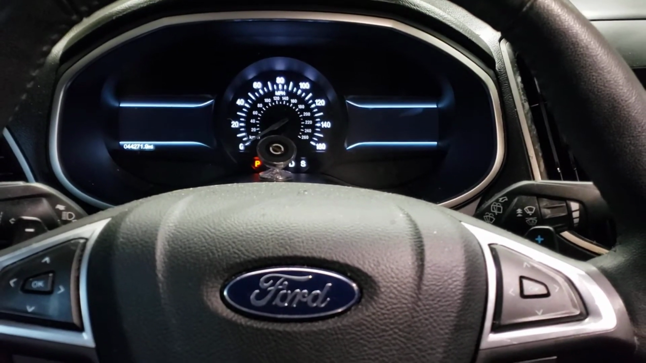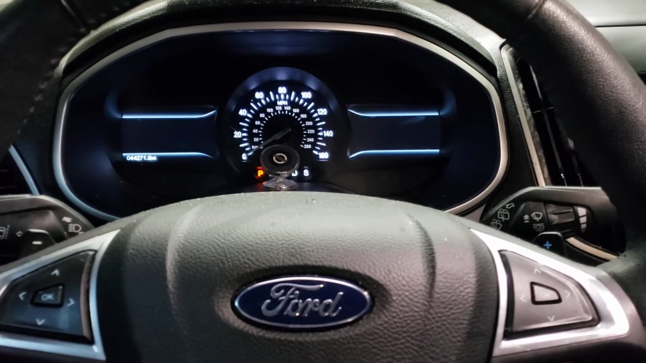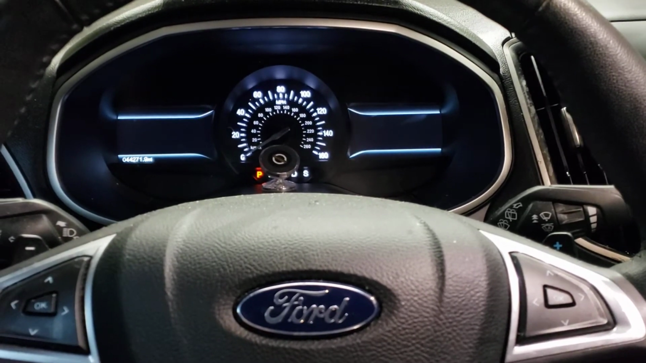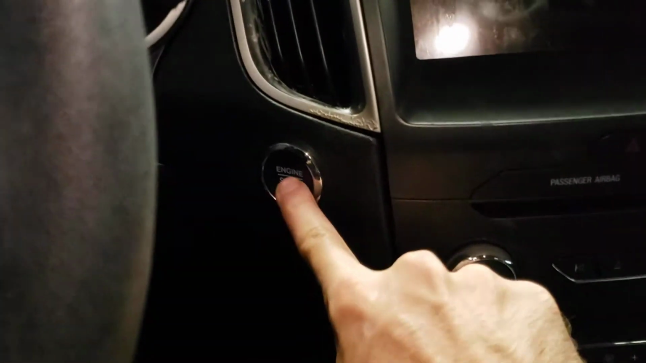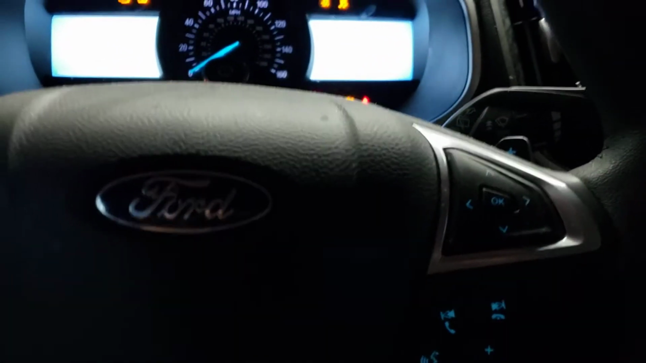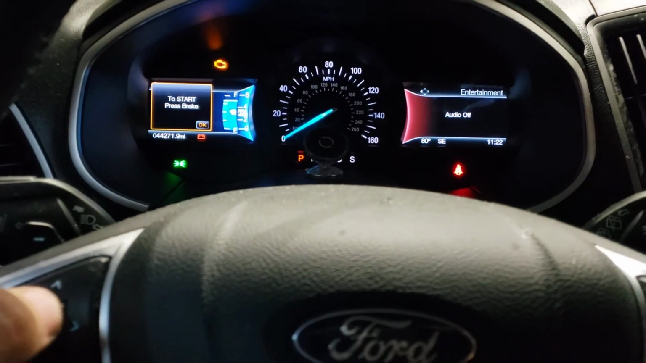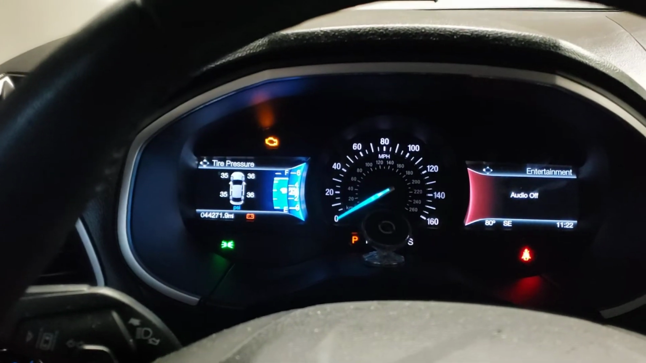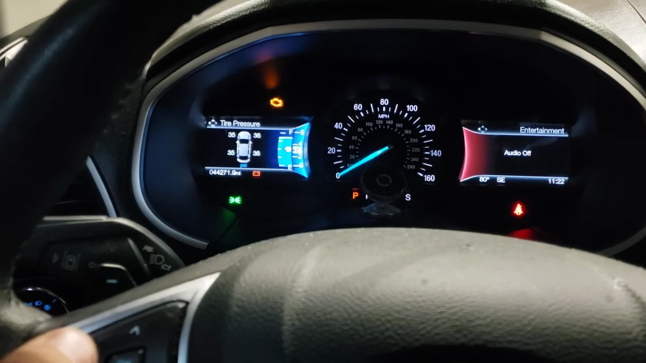This is just going to be a short how-to video on how to reset the oil service life on a 2018 Ford Edge. We're located inside the vehicle and we've got the key inside the vehicle. First thing you're going to do is push the start-stop button one time. This will power on the vehicle, and then using the OK button you will clear through the messages, and then using the pad on the left hand of the steering wheel you will